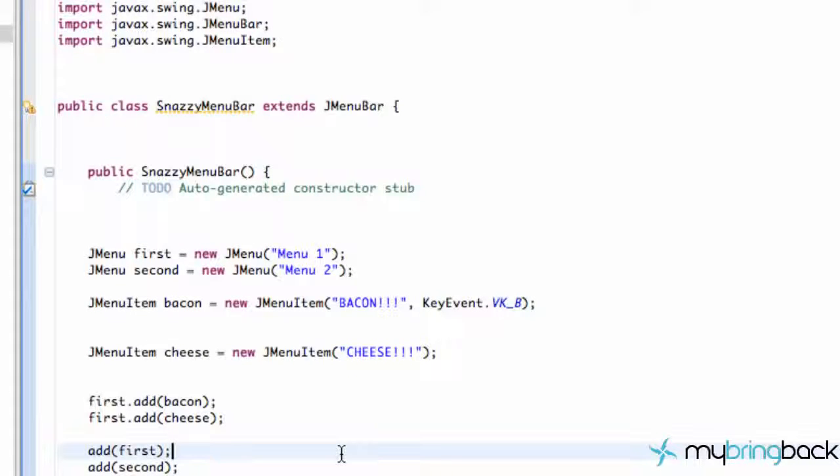What's going on, guys? Welcome to your 40th Java tutorial where we're going to make our snazzy menu bar a